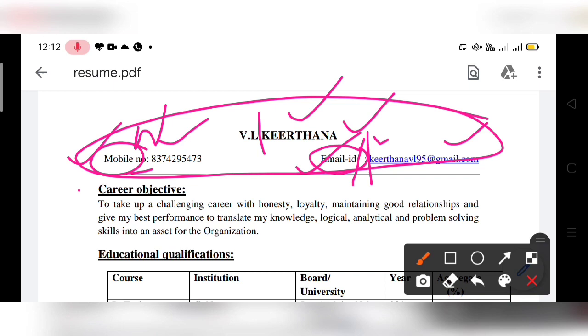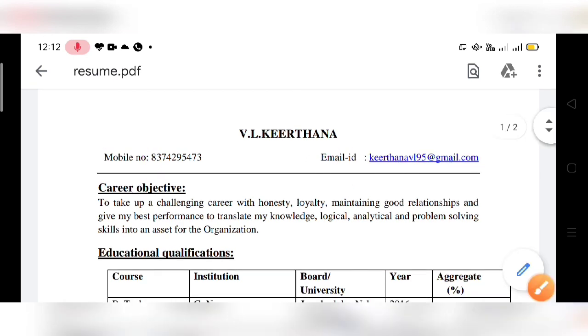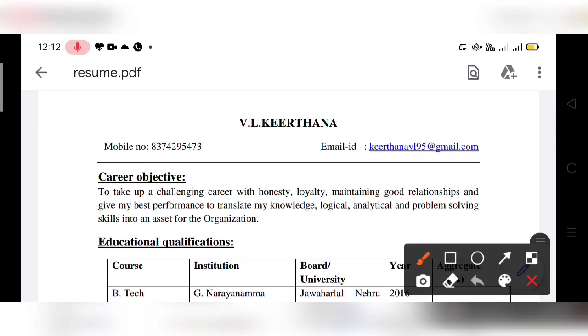Now we will look at the career objective also. This objective is also important. Without career objective, your resume is incomplete. See here, objective O should be capital. Objective, both the words are important. And for career objective, you need to think what your objective is. What do you want to achieve through your career? What are the skills that you are going to make use of when you work for an organization, and is that organization looking for the same skills that you possess?